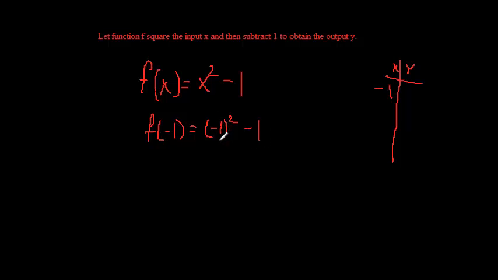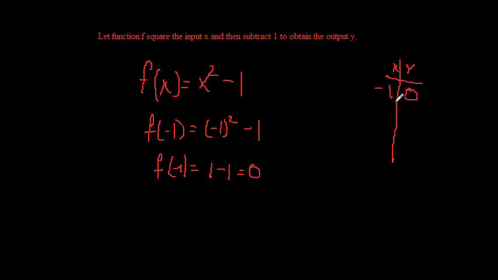Since -1 is in parentheses, when we square it, that negative also gets squared, and we're left with a +1 minus 1 or 0. So that gives us f of -1 equals 0,